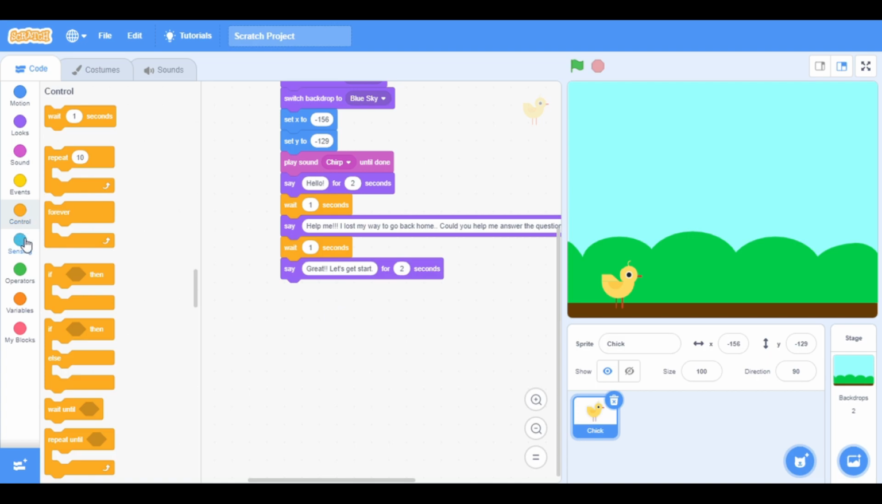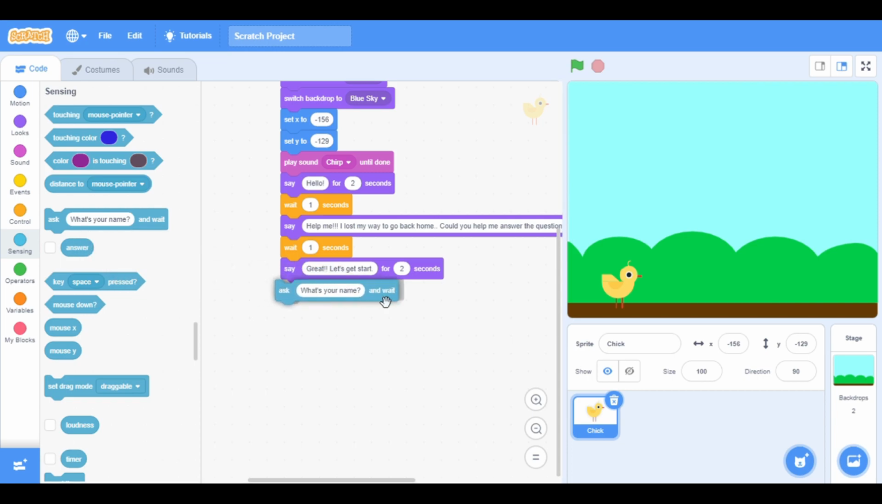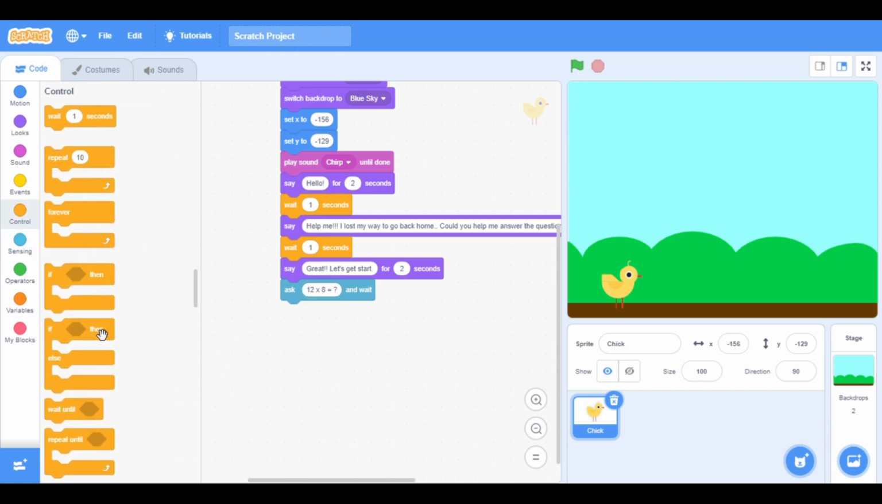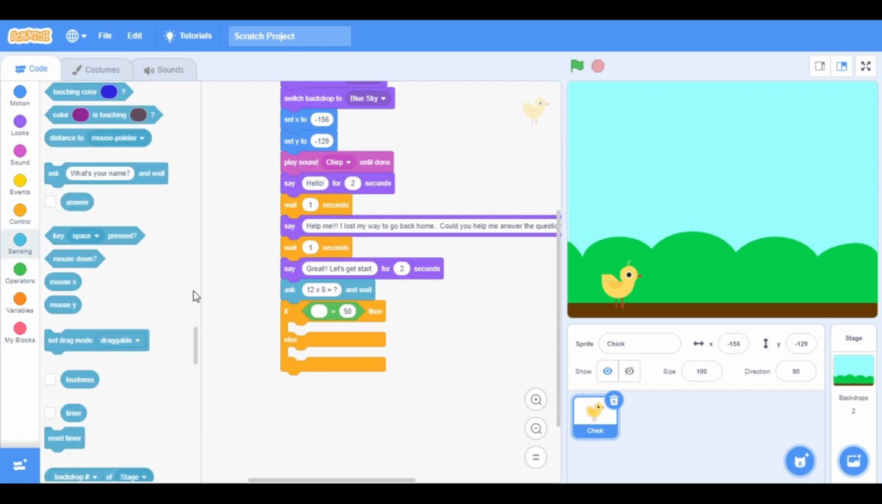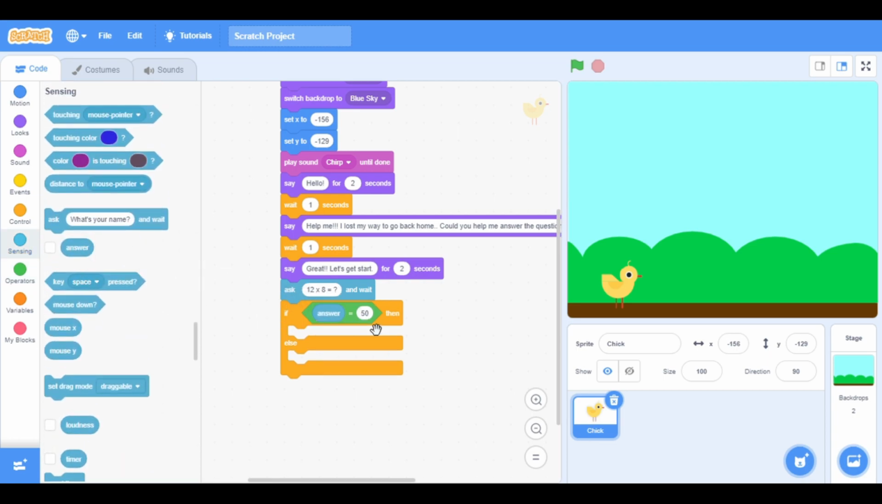So we provide the question by using this function, and then we put the number 12 times 8. So the question is to answer this, and we have 2 conditions here, true and false. So we have if, then, else, and we put the condition: if the answer is 96, which is the true answer,